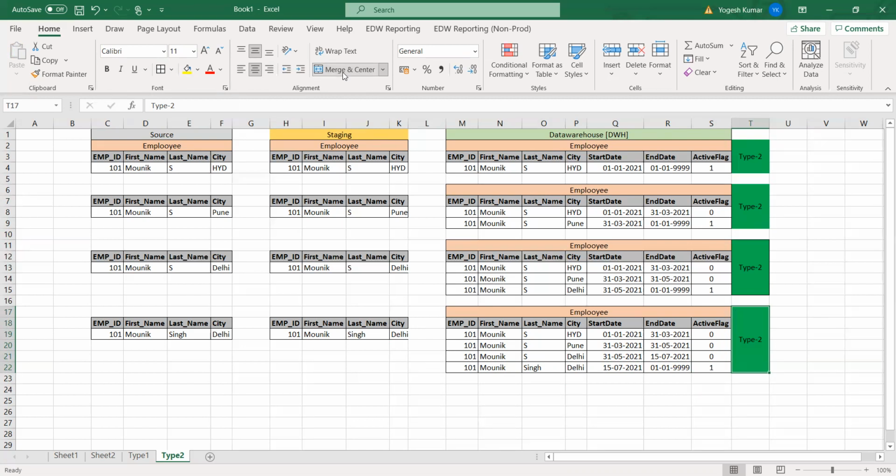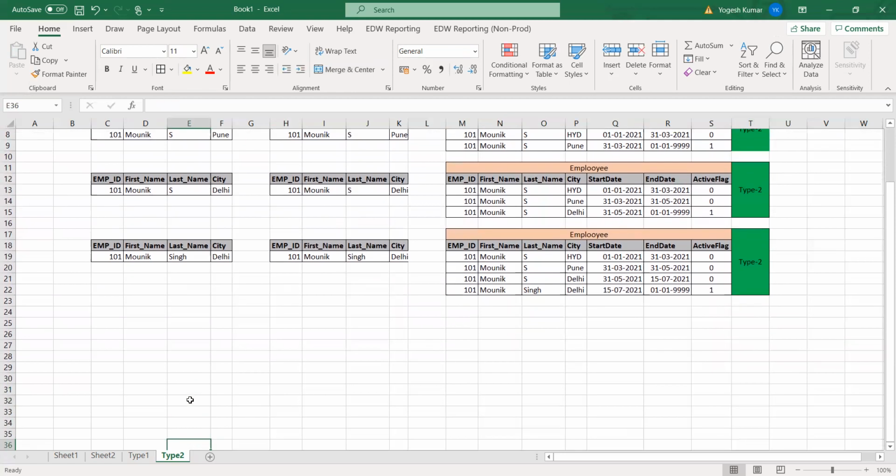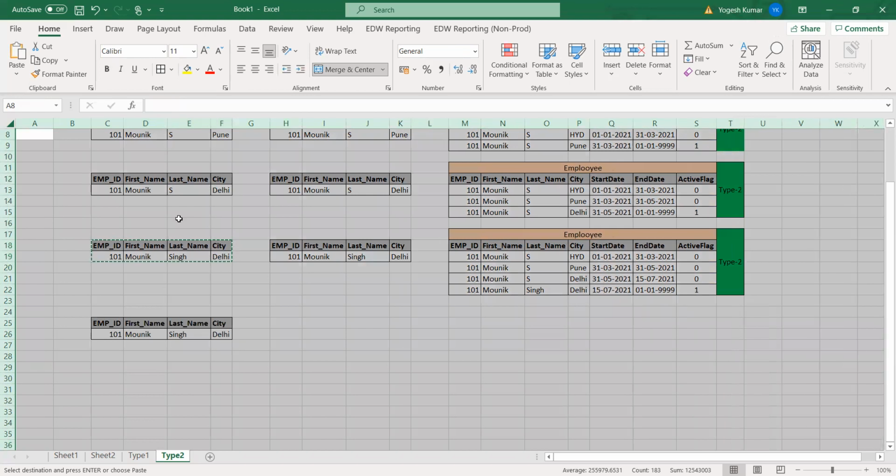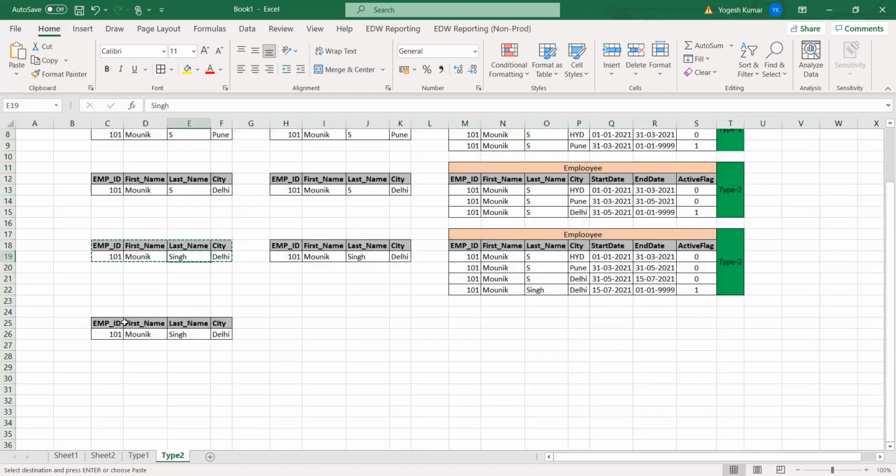Now let's take one more example. This will be the last example for this type 2. Let's say this record, Monique Prachi, is coming again. Now what will happen? Tell me.